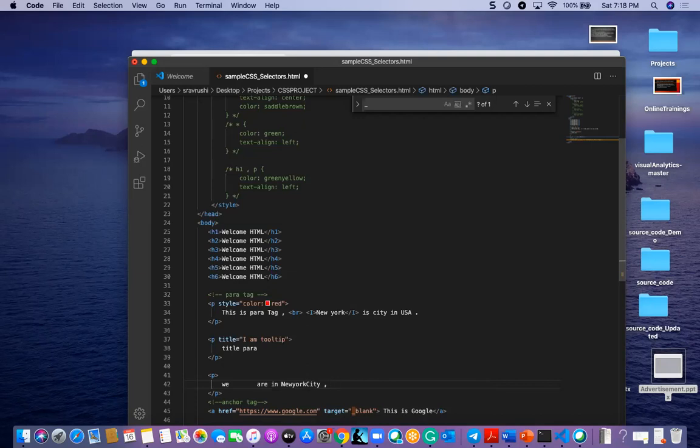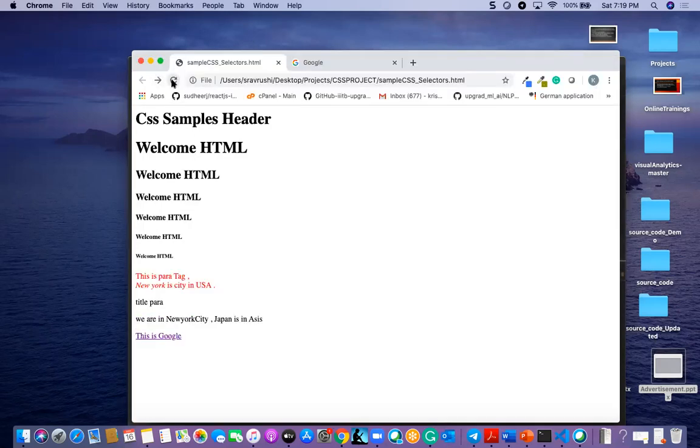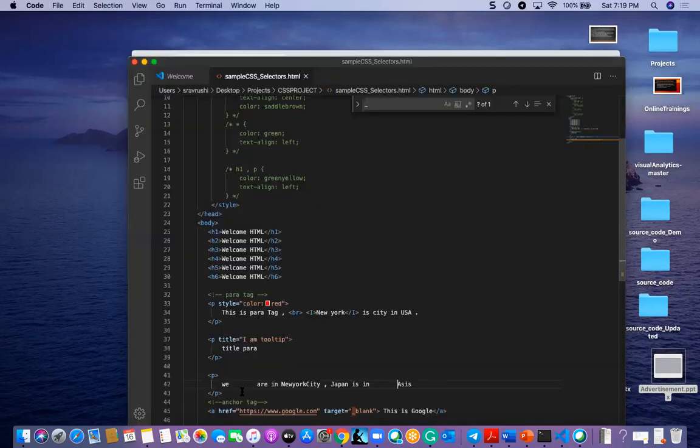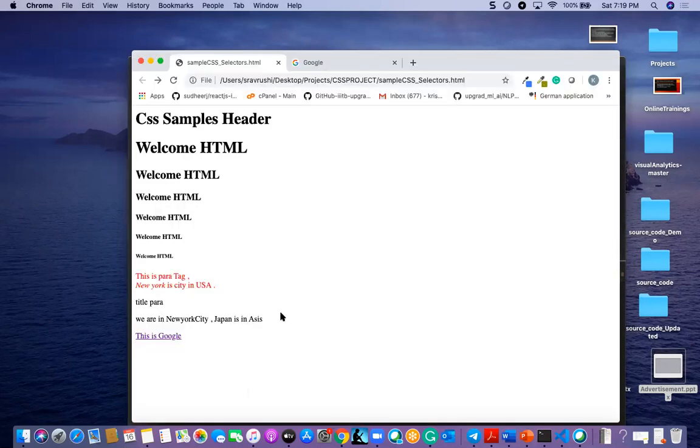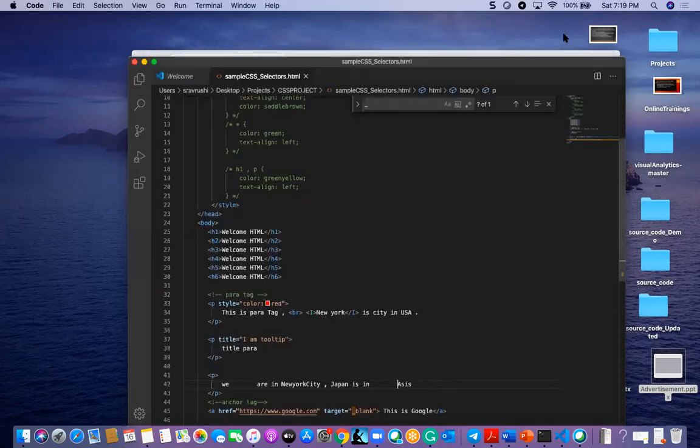So though I gave some spaces between the words, within the paragraph it will definitely merge them into one particular passage and give it to us. So let us test this one. You can see that output here. We and R are having a big space here, but here you can find they are all merged into one particular para.